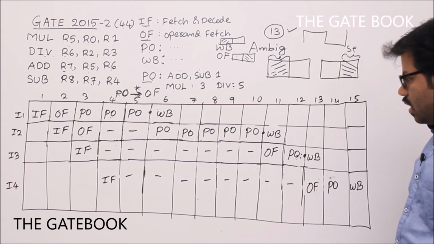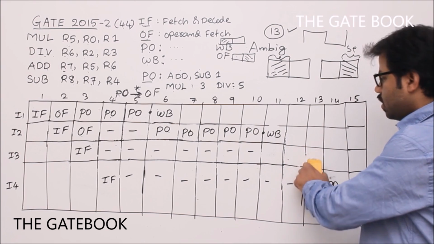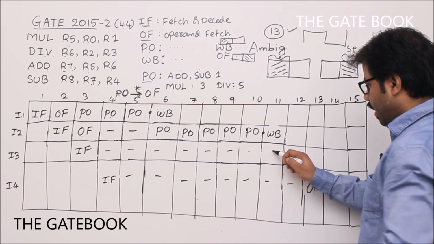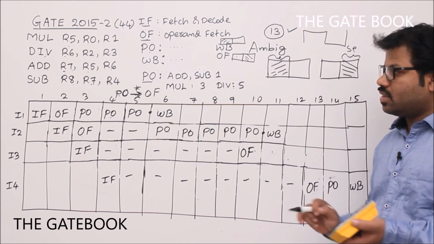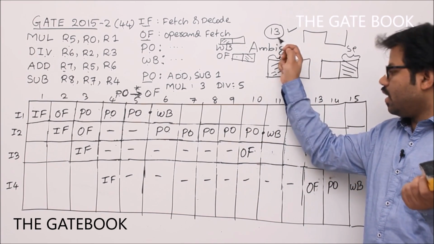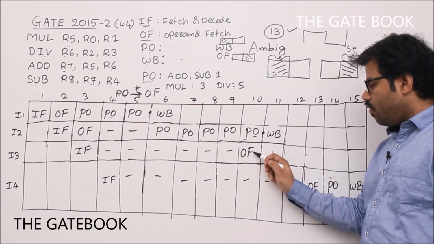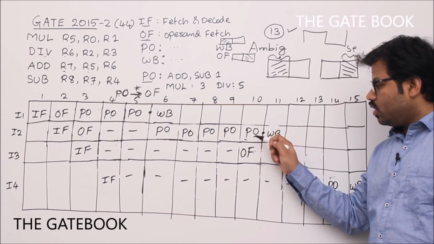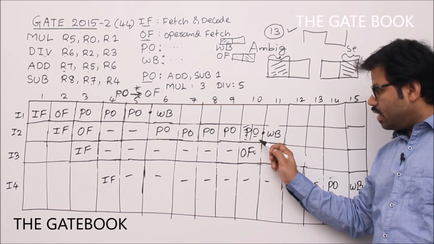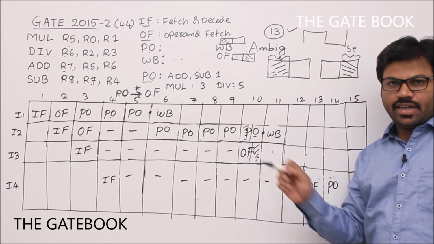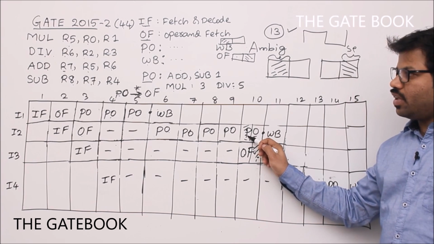If that is the case, then what is going to happen is, we don't really require to wait for this operand fetch to be taken here. We can take operand fetch here itself. My assumption this time is, because they have given answer 13, I am trying to match that answer. To match that answer 13, perform operation and OF can be done in the same stage, and we assume that in the first half data is available, that will be given to this operand fetch. So in the second half, this operand fetch is reading the correct data. Understand? In that way, first half data is updated. Which one? This